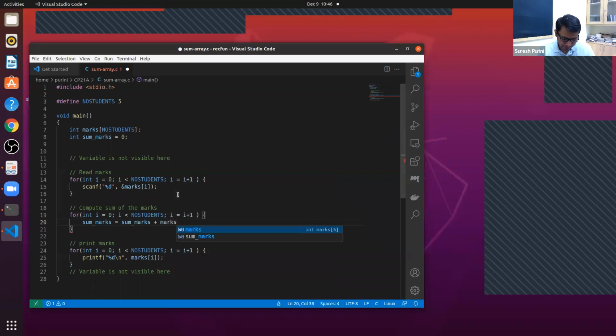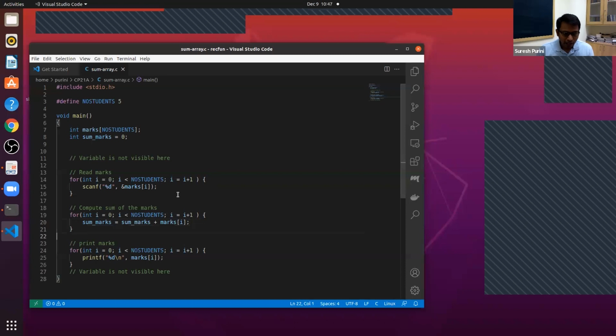Yes. So we keep iterating. sum_marks is like a big jar, and we pour marks of one student into the jar, then marks of another student into the jar, and so on. Are you all with me here?